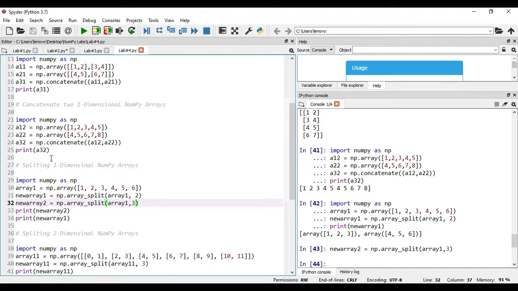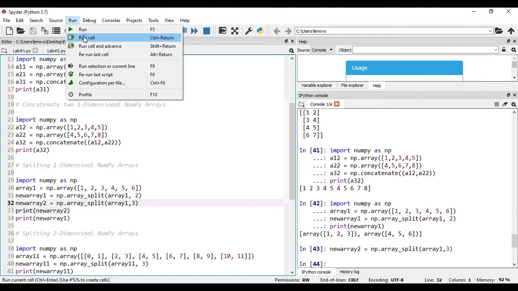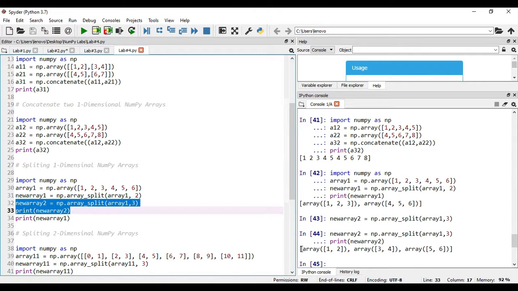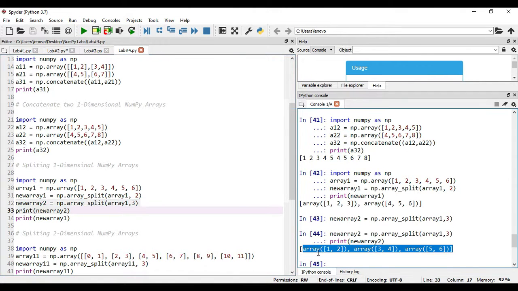Okay, save it, select the statements you want to execute and run them. Now you see the array is split into 3 with first array elements 1 and 2, and 3 and 4 in the second array and 5 and 6 in the third array. In this way you can split the elements of a one-dimensional array.